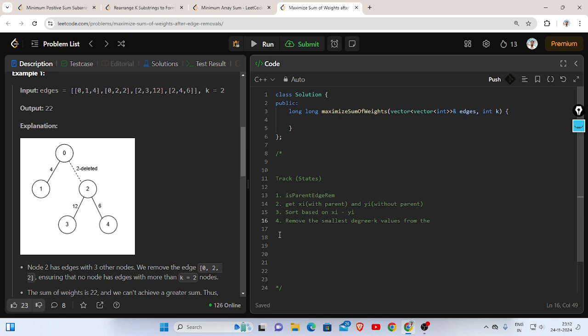from the list of xi minus yi, and finally sum the remaining values, whichever is maximum among xi or yi, right? After removal of the unnecessary or the removed edges, the remaining I will choose among xi